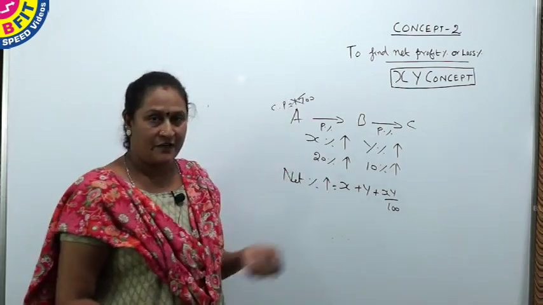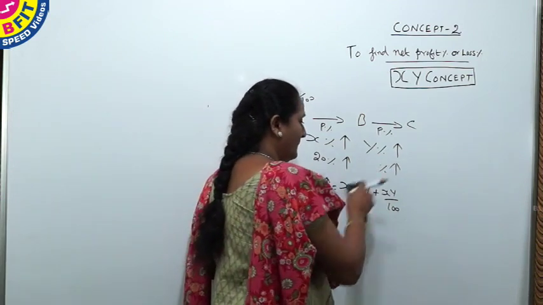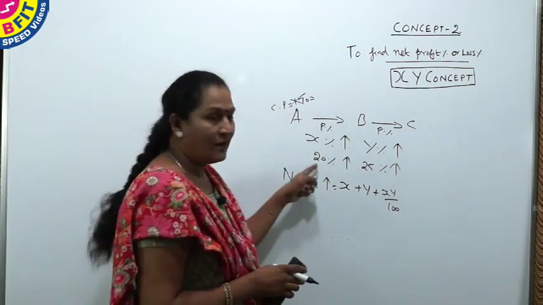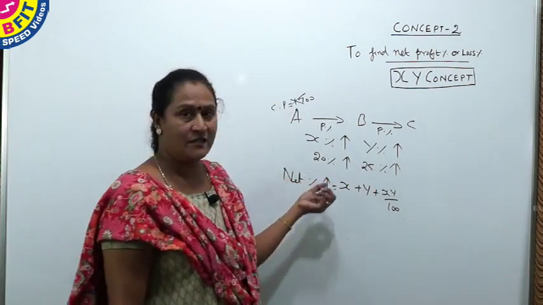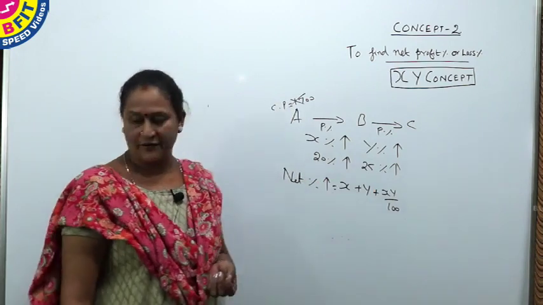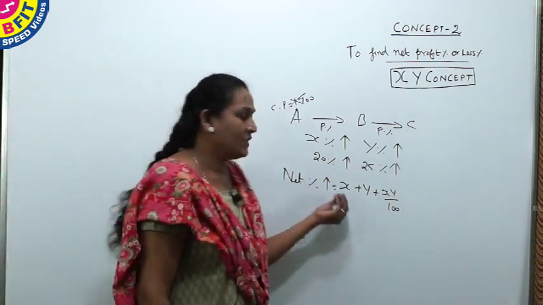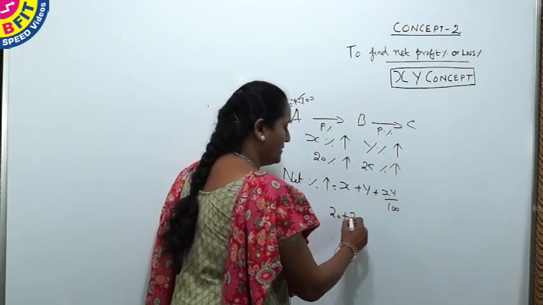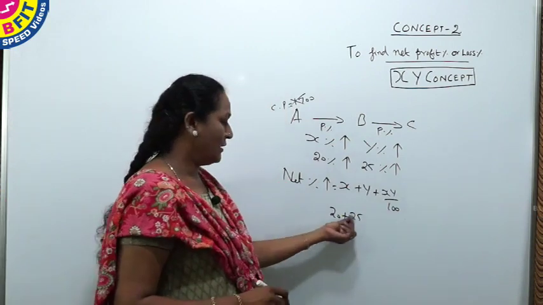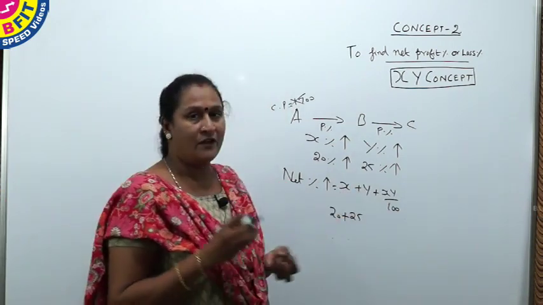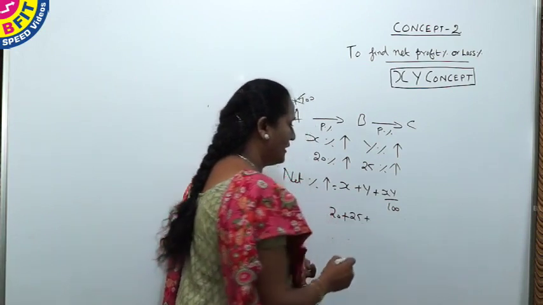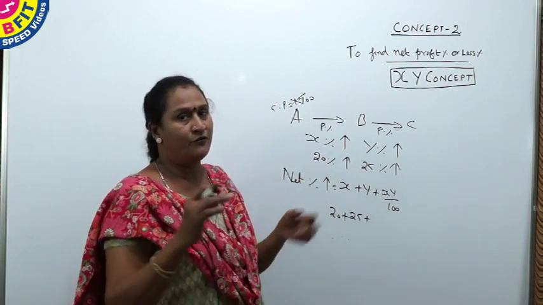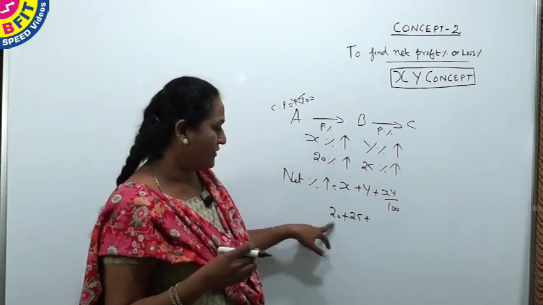Suppose it is increased by 20%, and again it is increased by 25%. So frequently they ask these values. So we will see what is the net increase for 20 and 25. So now using the same XY concept, X is 20 and Y is 25. So 20 plus 25, 45, but still we have some more increase. So that will be 25% of 20. What is 25% of 20? 1/4 of 20, that is 5. So 5 is added with this.